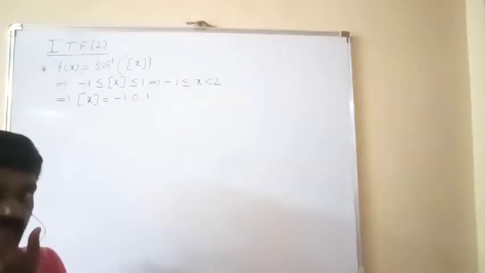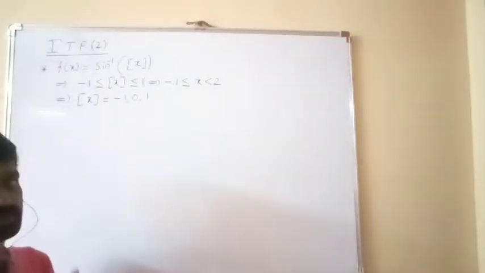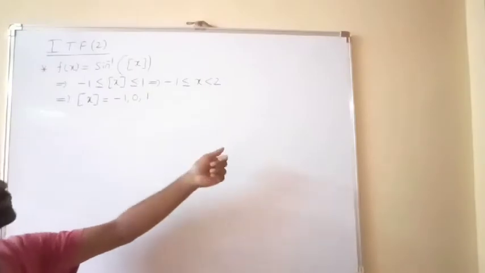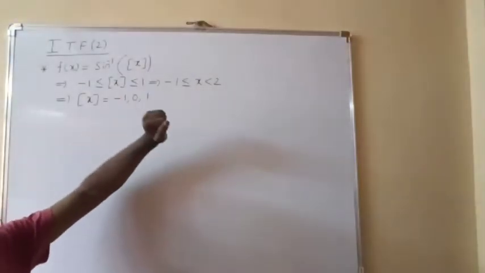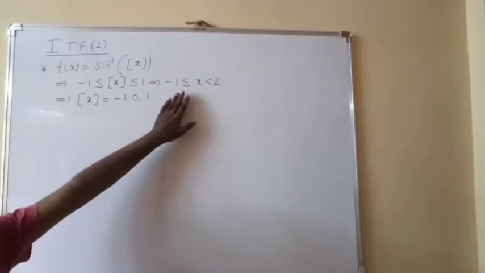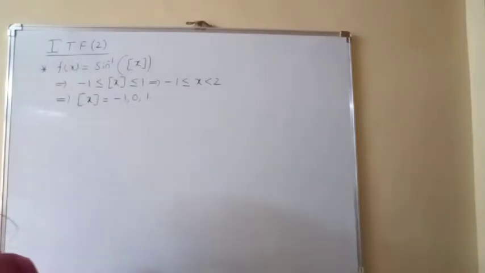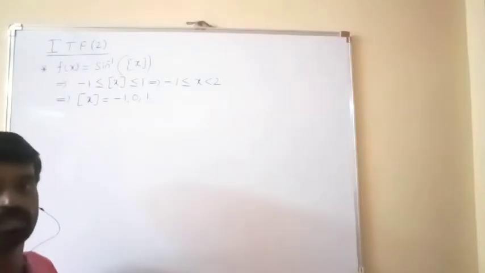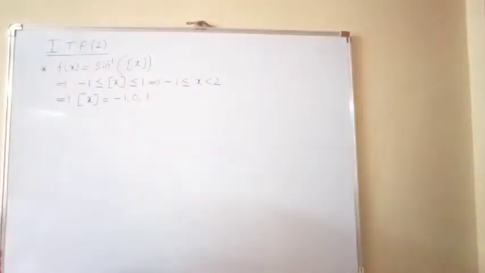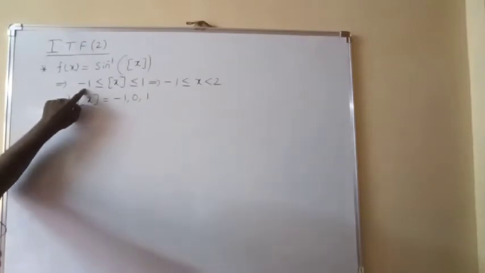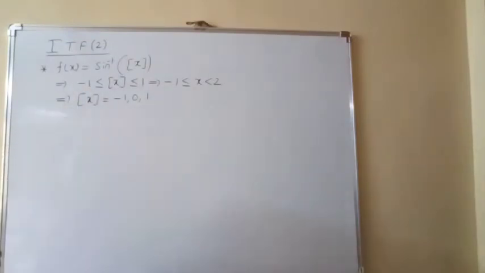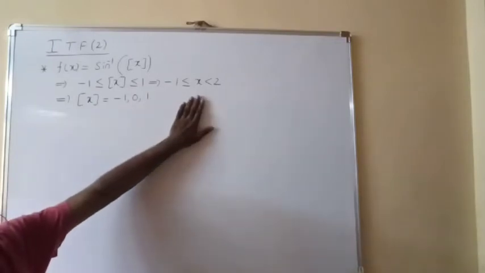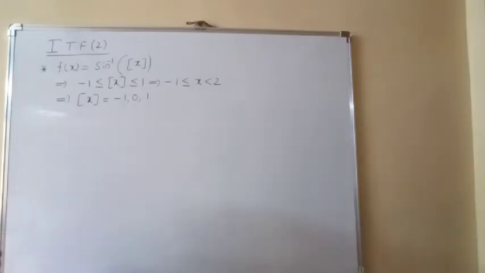See now, if you take x value 1.9, step x value is 1 only, no? But if you take x value exactly 2, step x value becomes 2, then it is not defined. Up to 2 it is defined. In the reverse case, if you take x value minus 1.1, step x value becomes minus 2, but it cannot be less than minus 1. So on solving this inequality, x lies between minus 1 and 2, minus 1 included, 2 not included.